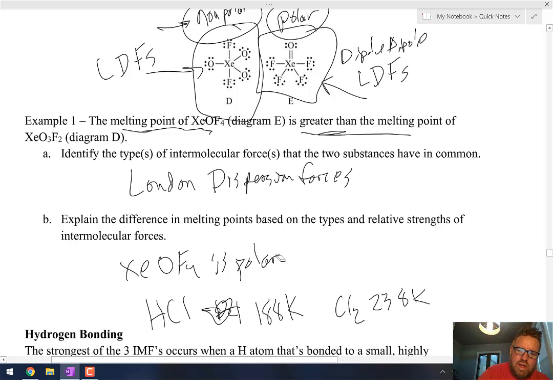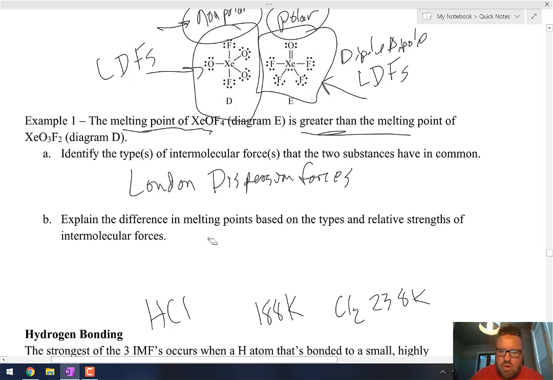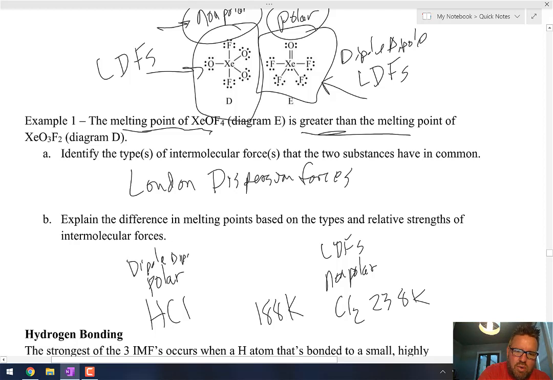occur between them. Okay, and here's where you have to really start thinking a little bit and go, wait a minute, Cl2, absolutely, that bond is a nonpolar bond. Certainly Cl2 is nonpolar, and you're exactly right. HCl, of course, is polar. So Cl2, because it's nonpolar, only has London dispersion forces, whereas HCl, because it's polar, has dipole-dipole and London dispersion